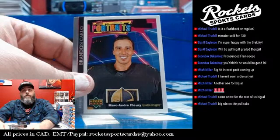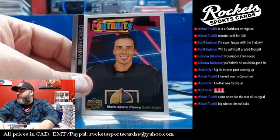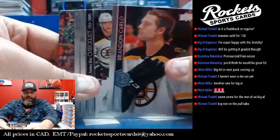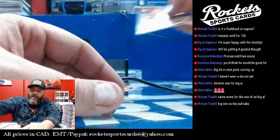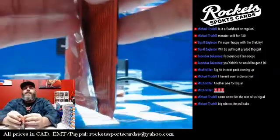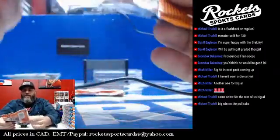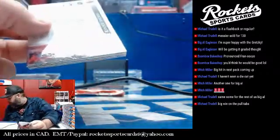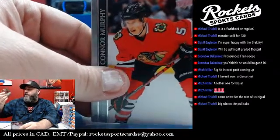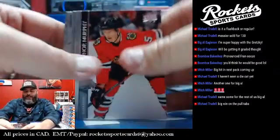Marc-Andre Fleury with... Oh, I'm just going to let you look at this picture. Yeah, I know. Marc-Andre Fleury with the Shawn Michaels treatment, if you guys know what I'm talking about. Mitch Miller, Marc-Andre Fleury's doing his best Shawn Michaels face on this one. He looks like he just wants to come off the bench. Please put me in, coach. Please, come on, coach. Give me a chance. I was talking about the eyes. Oh, like the eyes being like...